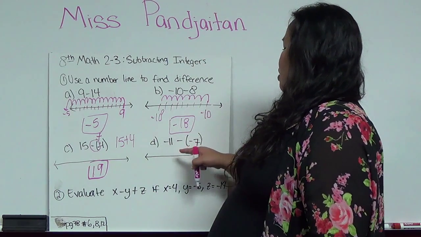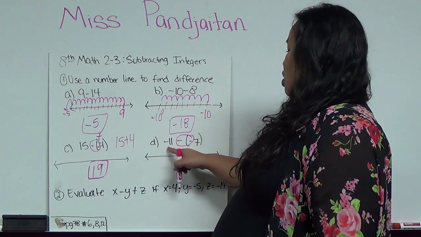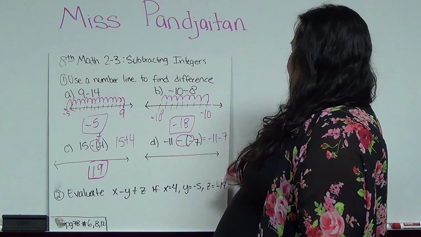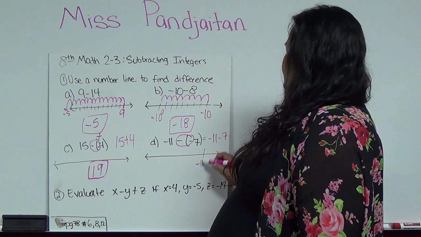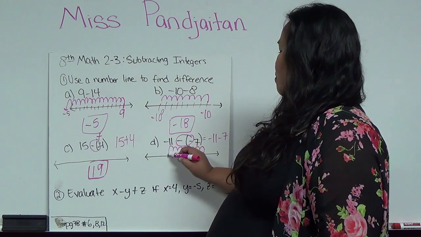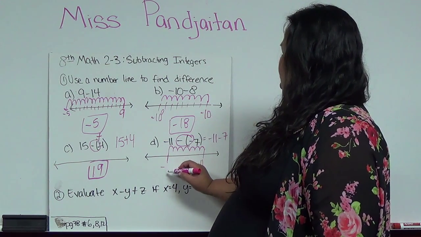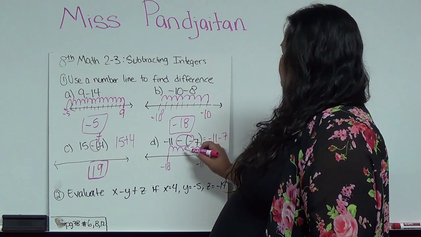Now this one is the same thing. I have negatives, but this doesn't turn into a negative. So I still end up with -11 minus 7. So I start with -11, and I go 1, 2, 3, 4, 5, 6, 7. That gives me -18. 12, 13, 14, 15, 16, 17,